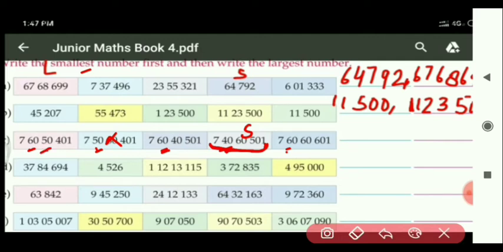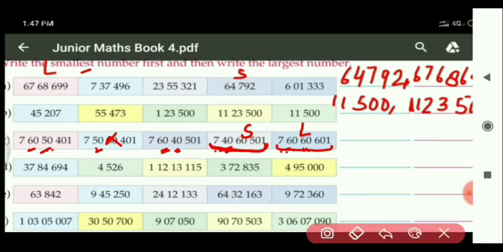It is 50 and up to 10,000 place. Here is what is given: 40, and this one is 60. Here you can see 40 and 50 are less than 60. So which one will be the largest number? This one only. Okay. So the smallest number is 7 crore 40 lakh 60,501, and next 7 crore, largest number 7 crore